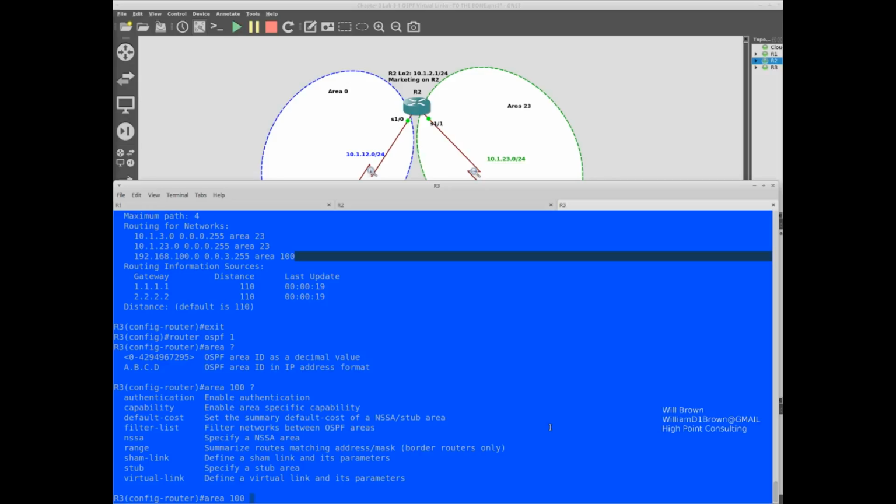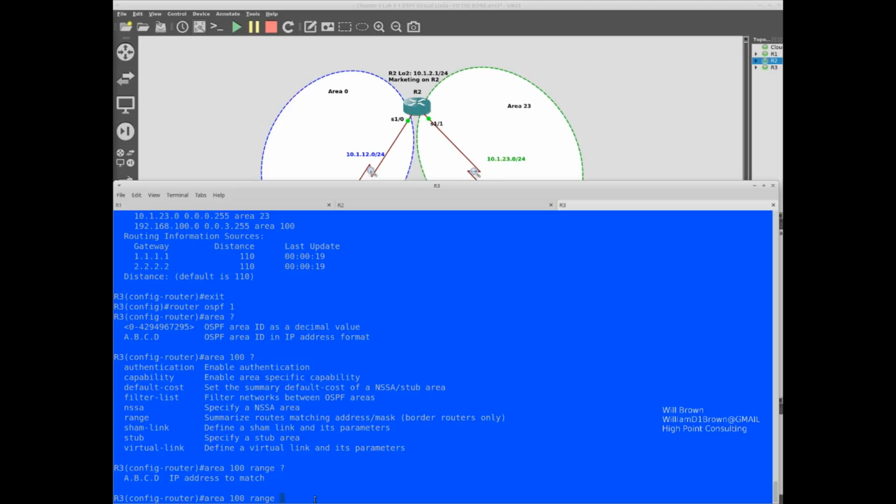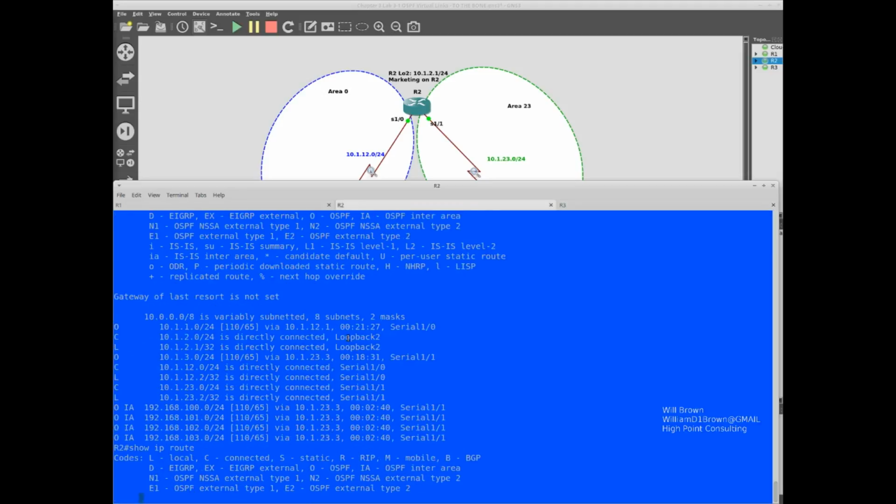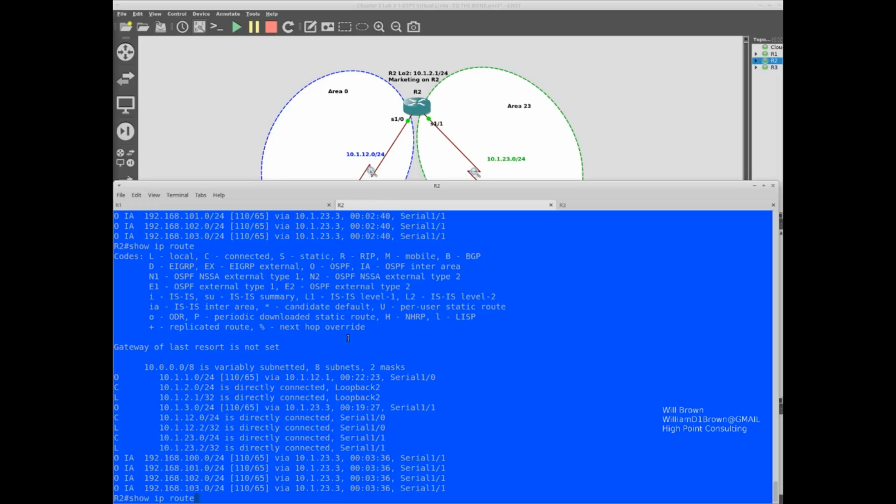Look at the options here: range, summarize routes matching address mask, border routers only. Very important there. Only on the border routers will this work. And we're going to say 192.168.100.0 255.255.252.0. And if we go back here, that's already changed. It may take a moment.